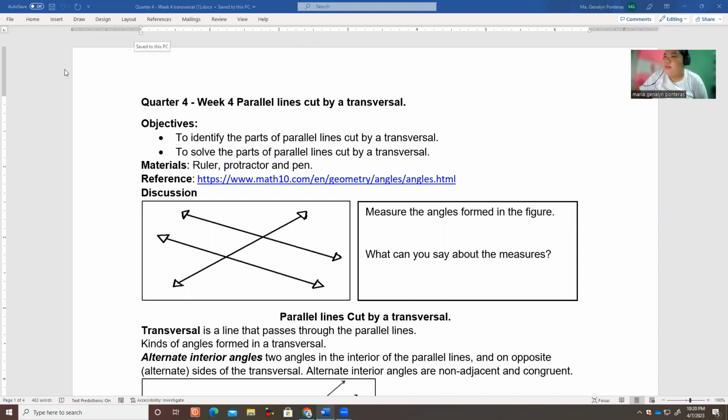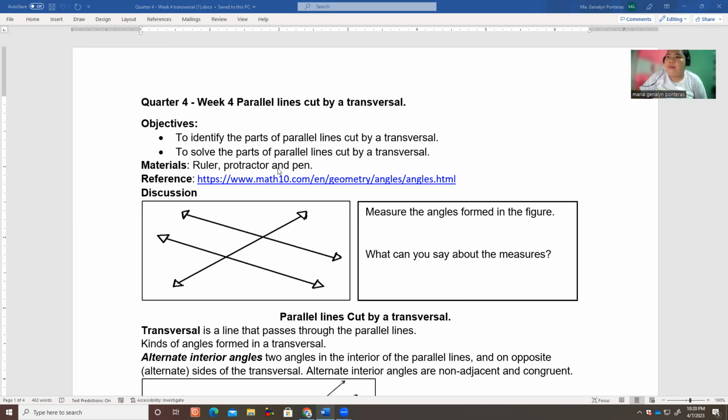Okay, good day, viewers. For this session, we are now in quarter 4, week 4, parallel lines cut by a transversal. Our goal for today is to identify the parts of parallel lines cut by a transversal and solve the parts of parallel lines cut by a transversal. So the materials that would be needed: